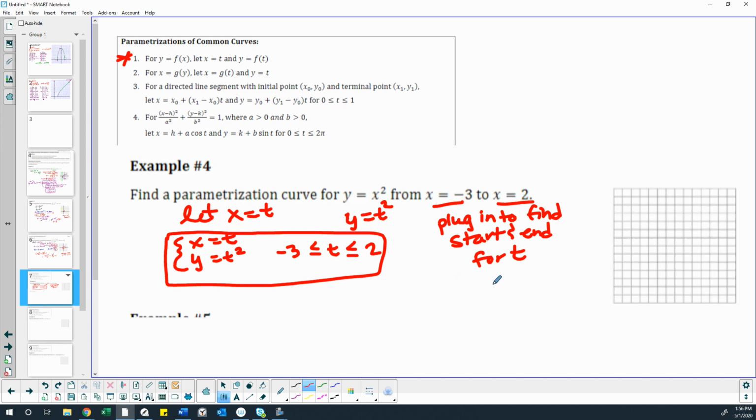Do you want to see what this one would look like? The original equation is y equals x squared, so that would be a parabola at 0, 0. Just throw this in here. So we get,